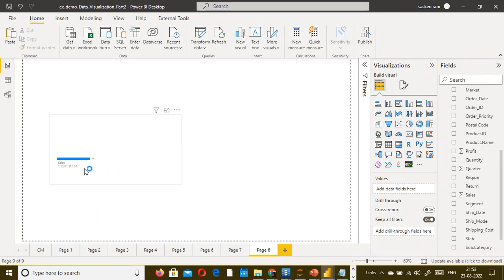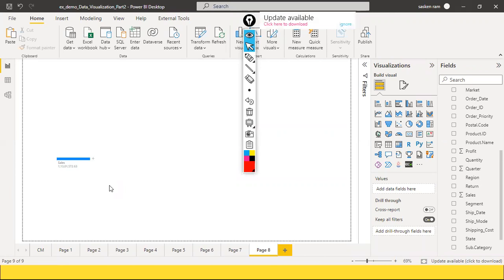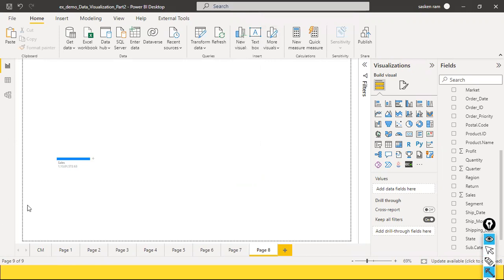This is the first component of the visual, right? So this is the one we wanted to analyze, how I got the revenue. We want to see some kind of breakdown of the sales based on different dimensions. This is my first component, and then what I do is when I click on the plus sign here,